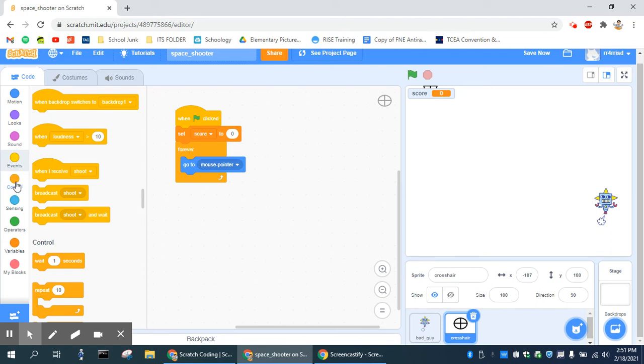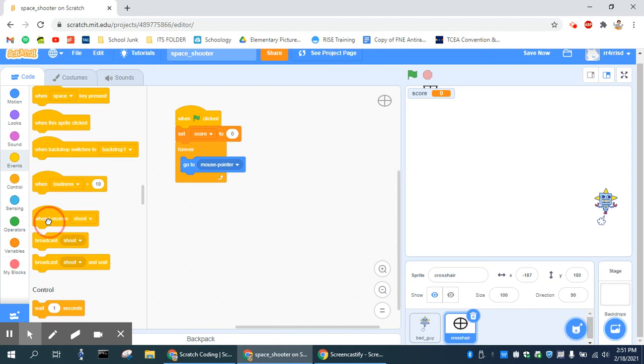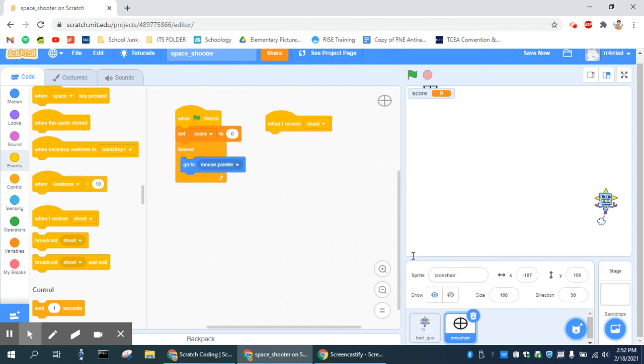So what we're going to do is come down here and find, in the events, "when I receive." Now this is important. When I receive the message shoot, see how it's already set up because we named it shoot. Now we know that this bad guy, when the space key gets pressed, just says, okay, send a message called shoot to everything in the game. We're going to tell the crosshair, so we're back in the crosshair, when you get that message that the space key has been hit and this thing called shoot happens,